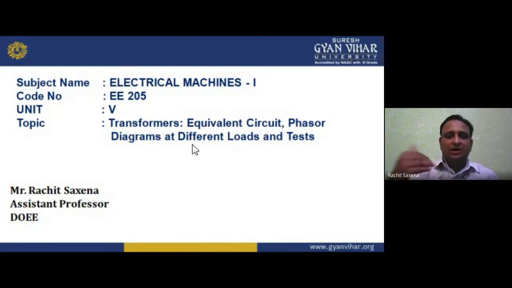Now, starting from unit number one, it deals with the basic concepts. The basic concepts start with the magnetic field. In the magnetic field, we have permanent magnets and electromagnets. Permanent magnets are already available in the market. You can directly purchase them, and they always hold a magnetic field. But for a huge or large machine, it is not possible for us to purchase such a magnet and use it in the field, because in a permanent magnet you always find a magnetic field, and you cannot change it.